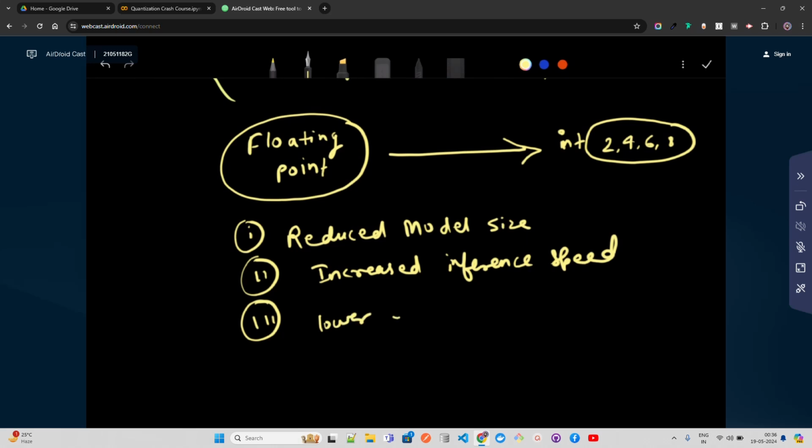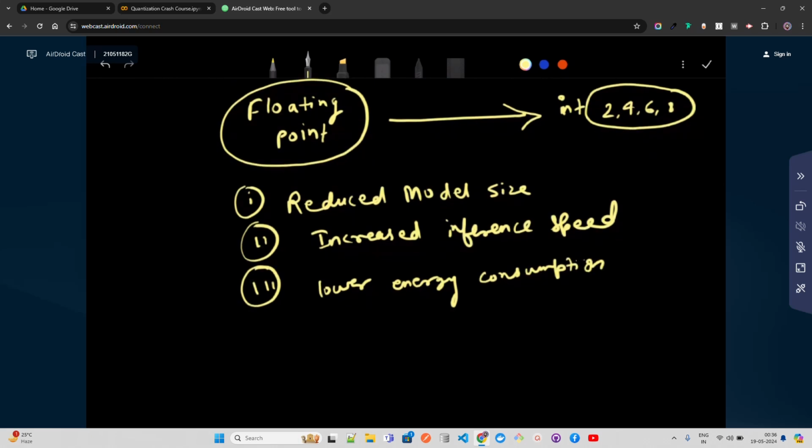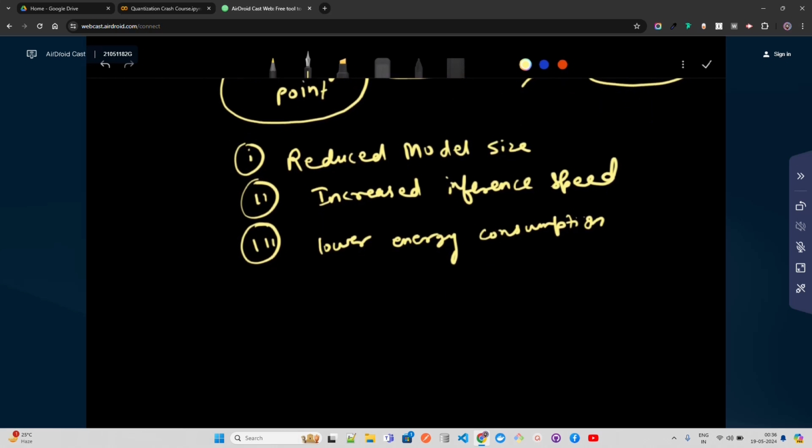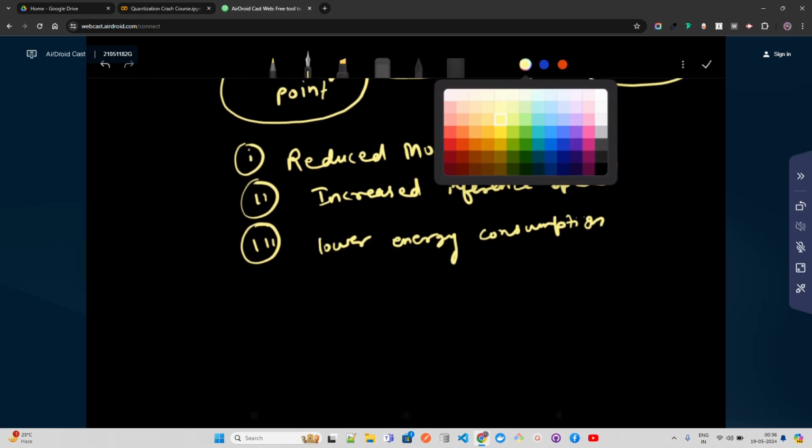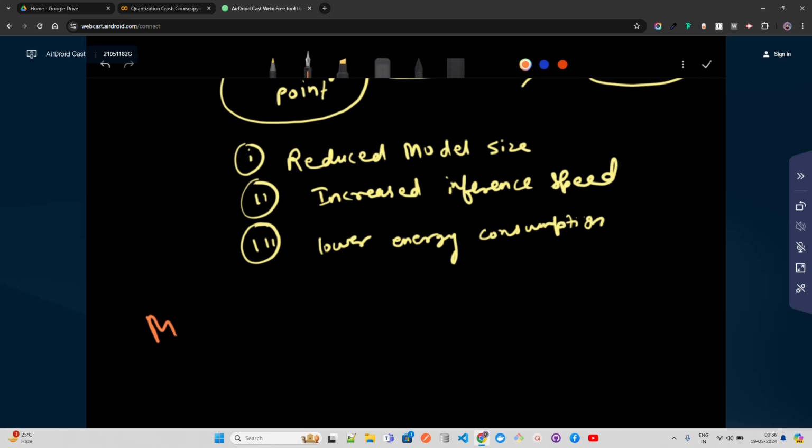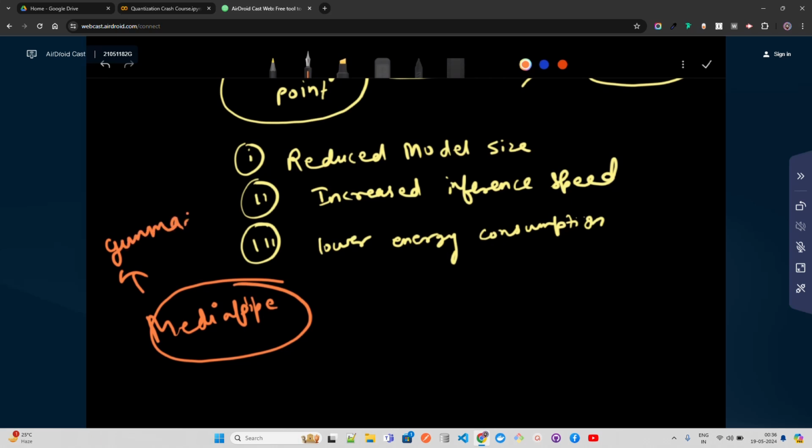If you want to talk about sustainability, the carbon emissions, and so on and so forth, you bring the energy consumption angle and perspective into it, right? So lower energy consumption. Reduced computational overhead translates to lower energy consumption, which is also crucial for mobile and edge devices, like we like to run it on. If you look at MediaPipe, for example, it is a Google product, and they're all using the Gemma 2 quantized model through MediaPipe. It runs on mobile devices. I have a video on that, and I recommend you go and watch that video.